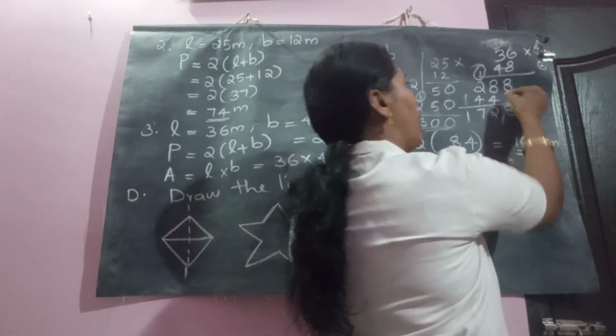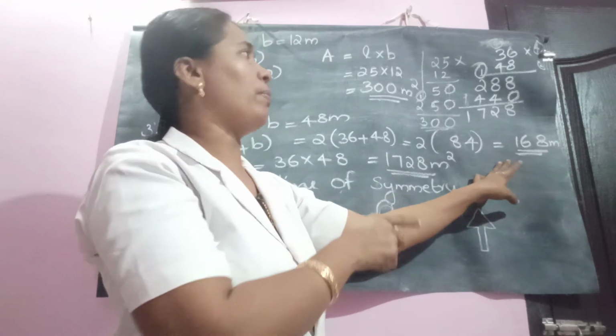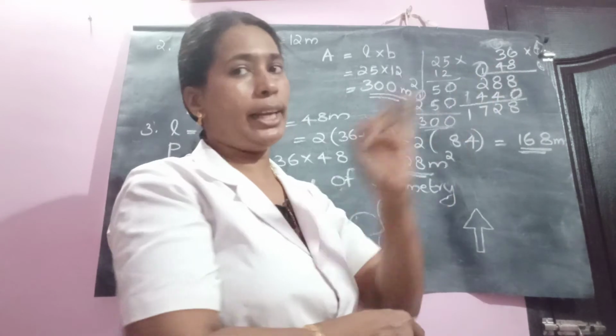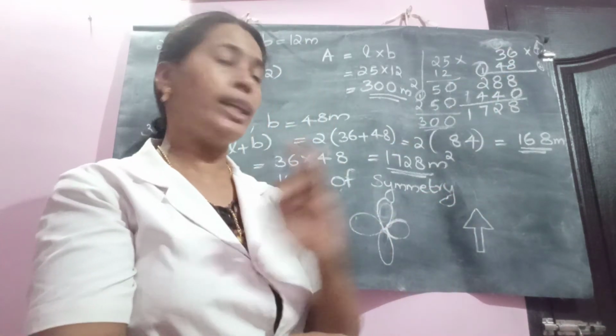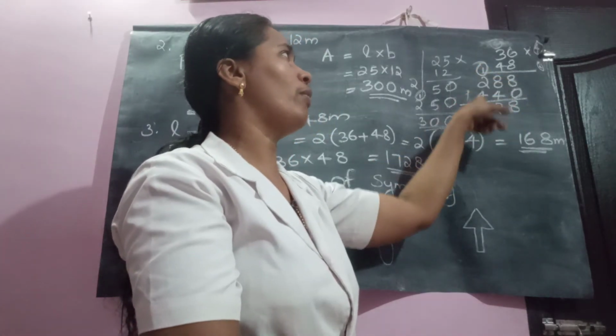Second row, when you are starting multiplication, you have to write 0. Then start your multiplication. 4 6s are 24. Remaining 2. Then 4 3s are 12. 12 plus 2 is 14. Add column wise. 8, 12, 1 carry over, 7.